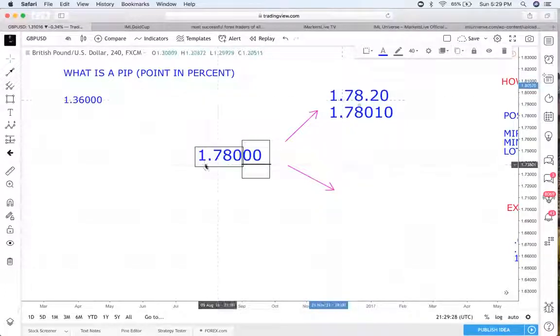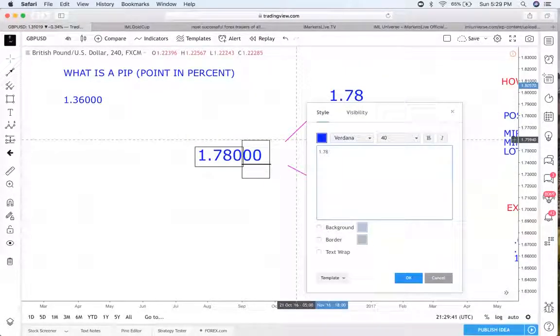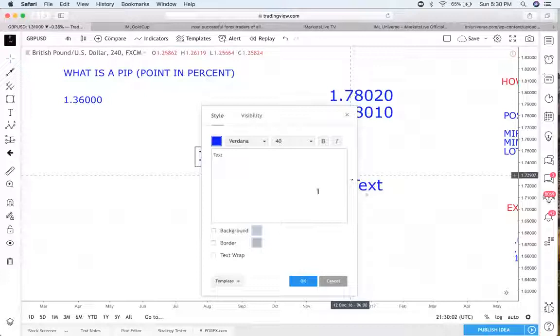So you see it starts at 1.7800. If it goes up 1 pip, it goes up to 1.7801. If it goes up 2 pips, I wrote this one wrong, pardon me. If it goes up 2 pips, it will go to 1.7802. And then the numbers will keep going up, 1.7803, 1.7804, 1.7805, okay? After the market goes up 100 pips, that's when the